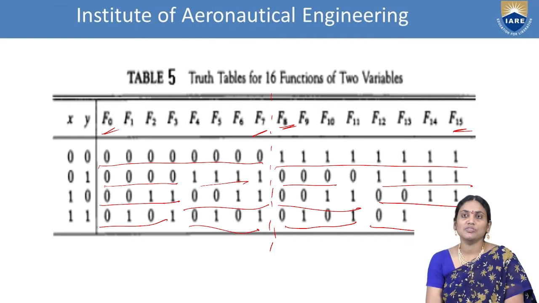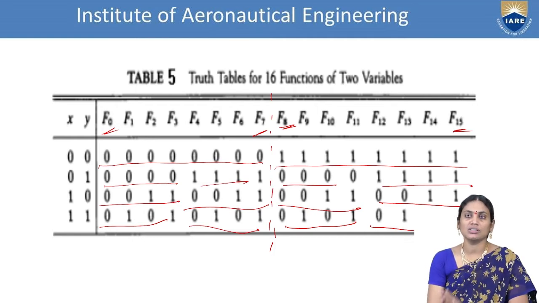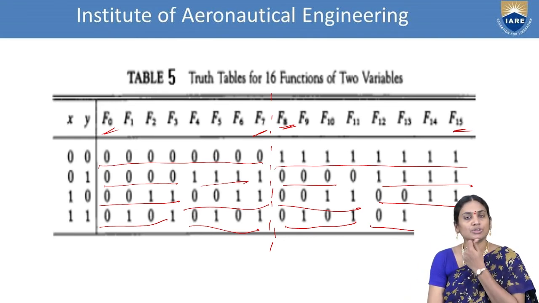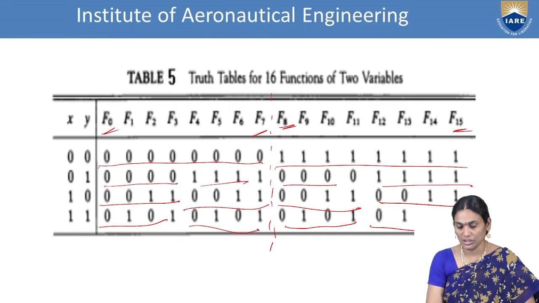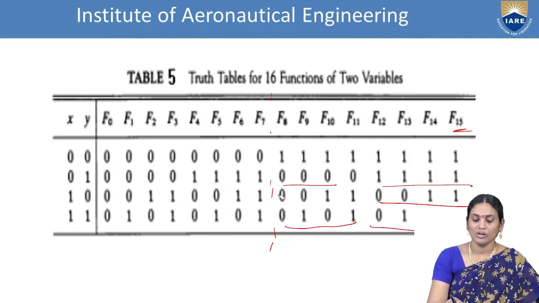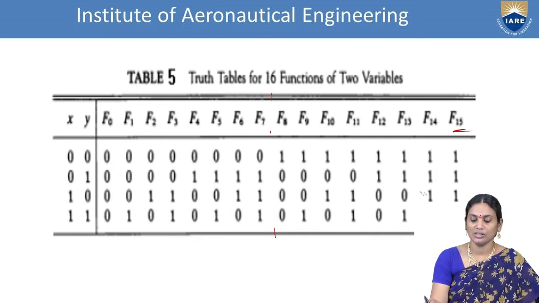So the combination which you are taking for the 16 functions will be divided into equal halves, and it will be reflected as it is in the second case. So this is a case of truth table for 16 logic functions. Now let us see how these different logic functions can be served. For example, this is a way how we are writing the truth table. Now let us see what is the function of each and every case.